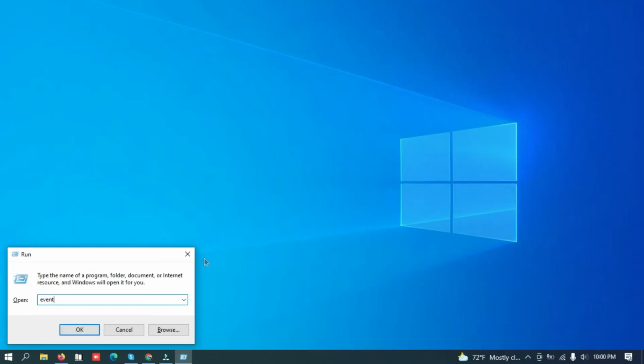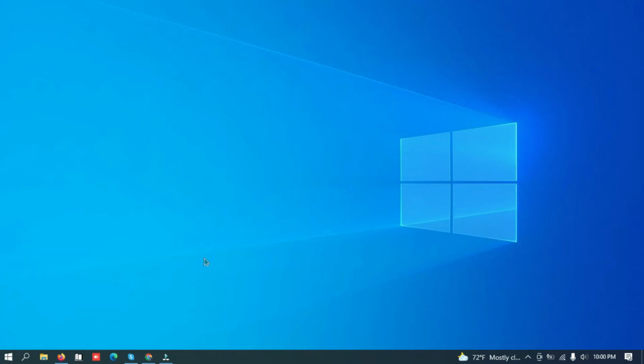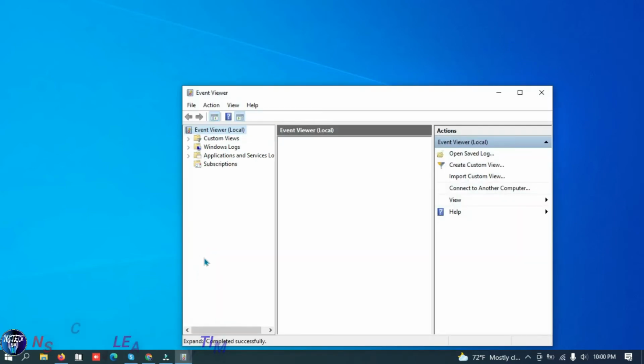Event viewer, eventvwr.msc. This command opens Windows Event Viewer, where Windows stores all the monitoring and troubleshooting messages. You can use this command to quickly access the Event Viewer application. Look here, Event Viewer.